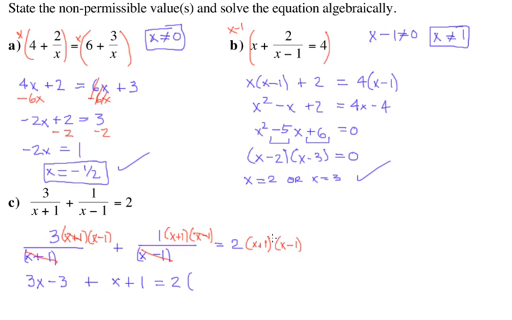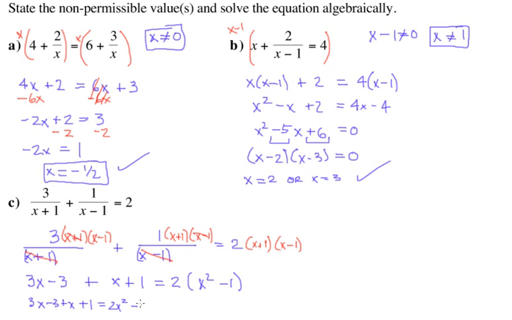We have x plus 1 times x minus 1. So x times x minus x plus x, those cancel. And 1 times negative 1 makes negative 1. So we have to finish cleaning this up, and I have to start writing smaller because I'm running out of room. 3x minus 3 plus x plus 1 equals 2